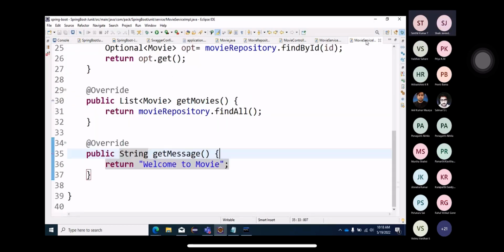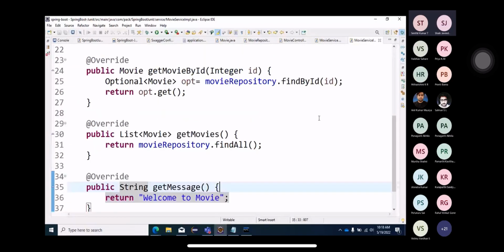Write any specific logic inside your service program. From the controller program, we are calling the service program. From the service program, we are just calling the repository program. We are not doing any extra logic inside the service program. From the controller program, we are calling your service program, and from the service program, we are calling your repository